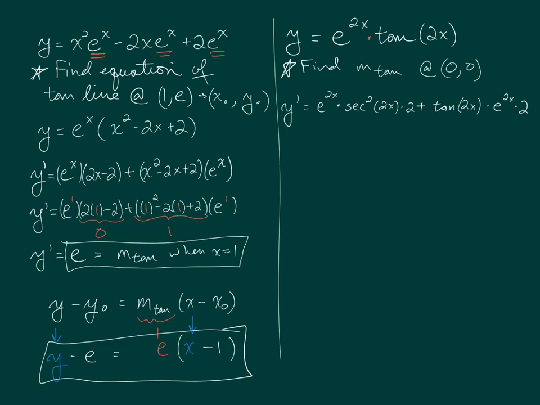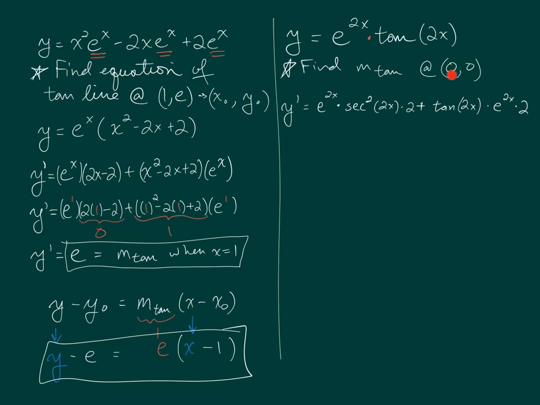Similarly, when you find the second part of the product rule, it's the second function, so tangent 2x, times the derivative of the first function, e to the 2x. Well, since this is not just x, this is some function in terms of x, we need to multiply that by the derivative of the exponent, which is 2. So now the only thing left to do is to substitute